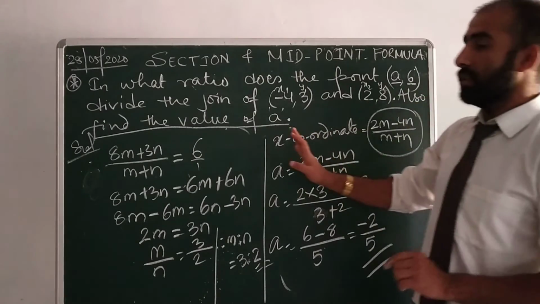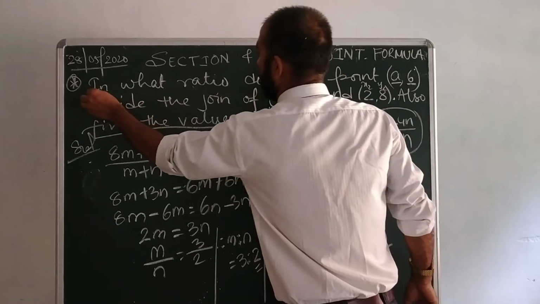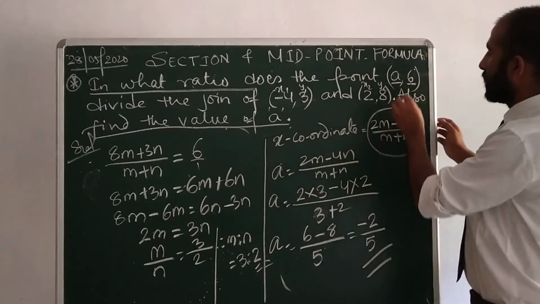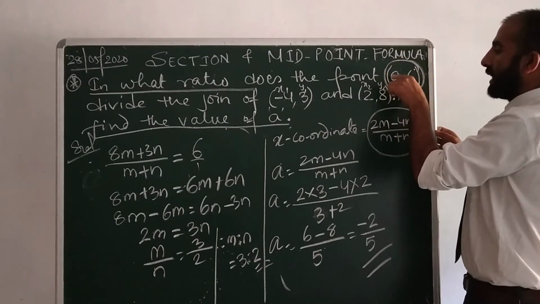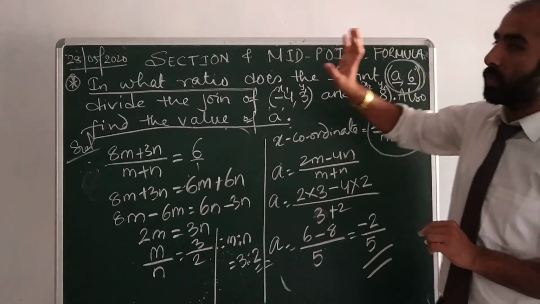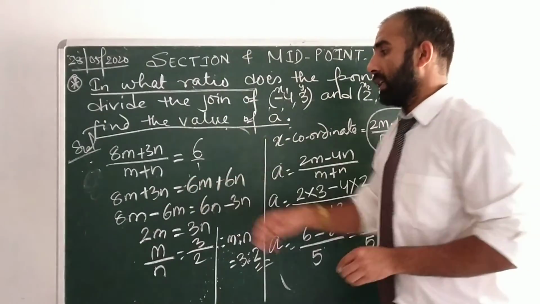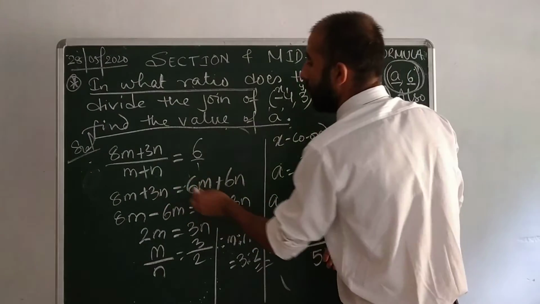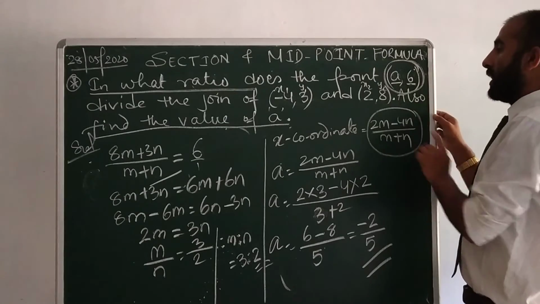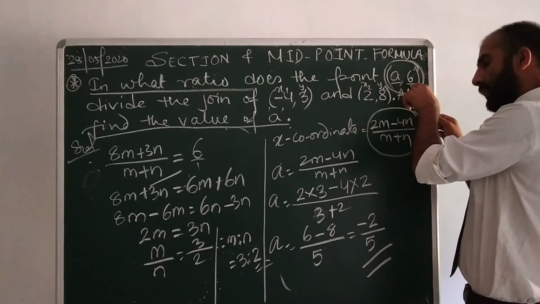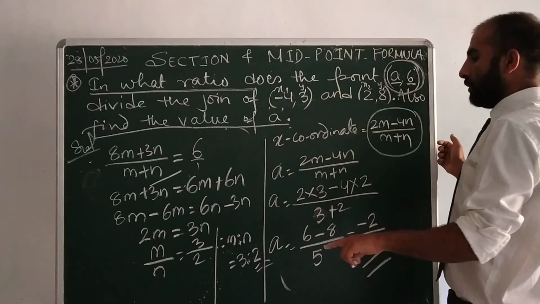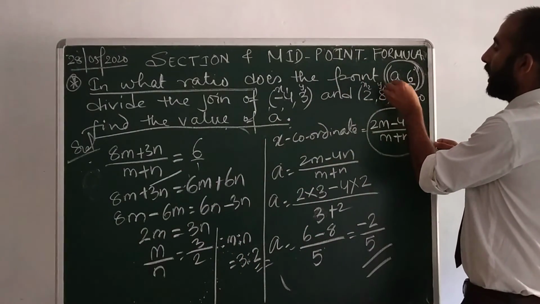See, in this question, what did we do? Whatever given coordinate was there, though one value is unknown, we equated this given coordinate with the coordinate which we got with our formula. First, to find out the value of the ratio, we used the y coordinate, because the y coordinate was already given to us. Using that y coordinate and the formula for the y coordinate, we got the ratio. Now using that ratio we found the unknown value.